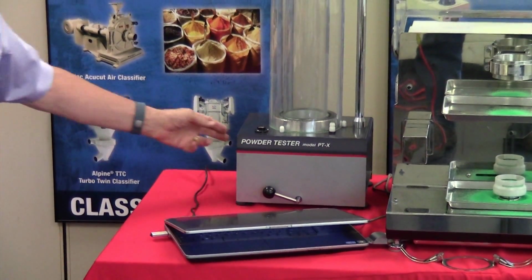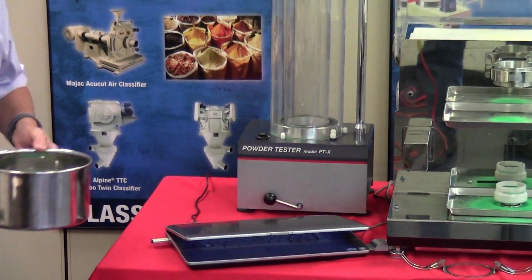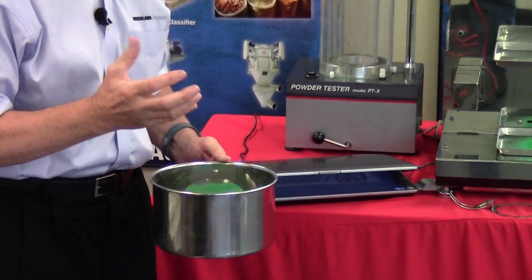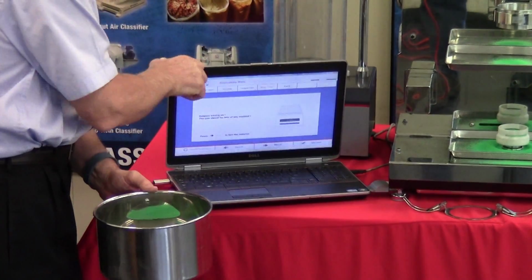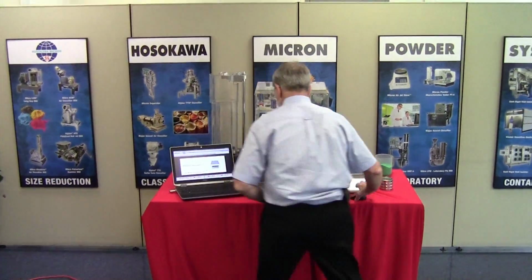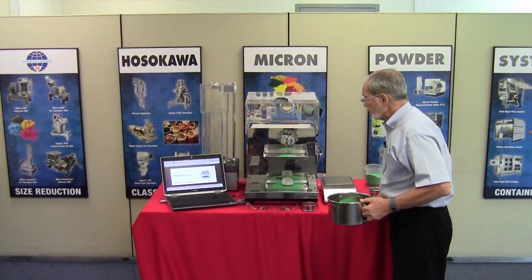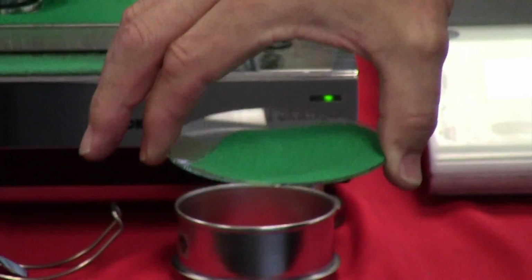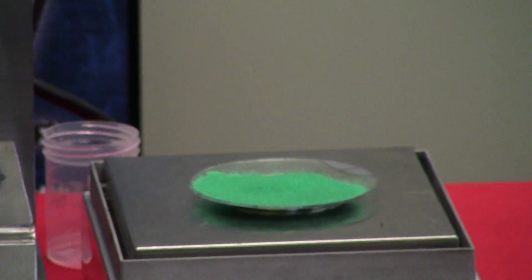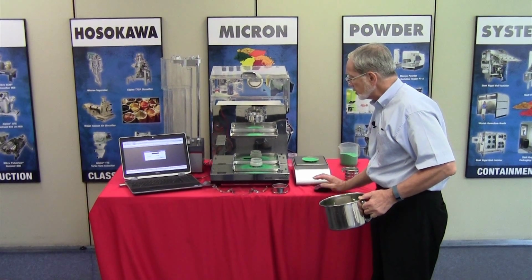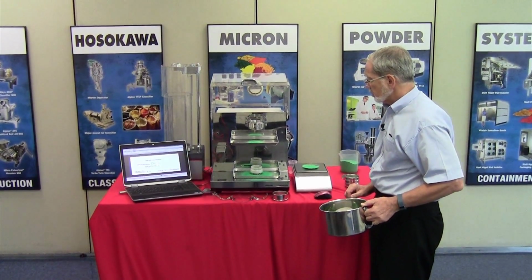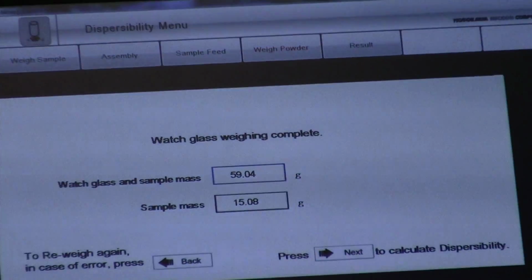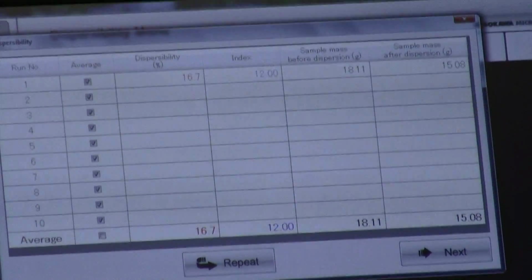That basically has performed the test. What we'll do now is, and I do not want to, but I'll have to show it to you after I take it out, only because if I tilt this, I'm going to lose the product. So let's just do this once again. And my apologies for the back. We'll tare the balance. We'll remove the watch glass, and as you can see, there's quite a bit of material on the watch glass. Place it on the balance. Press next. Okay. And it'll tell us what the total weight and the sample weight was. And in this case here,